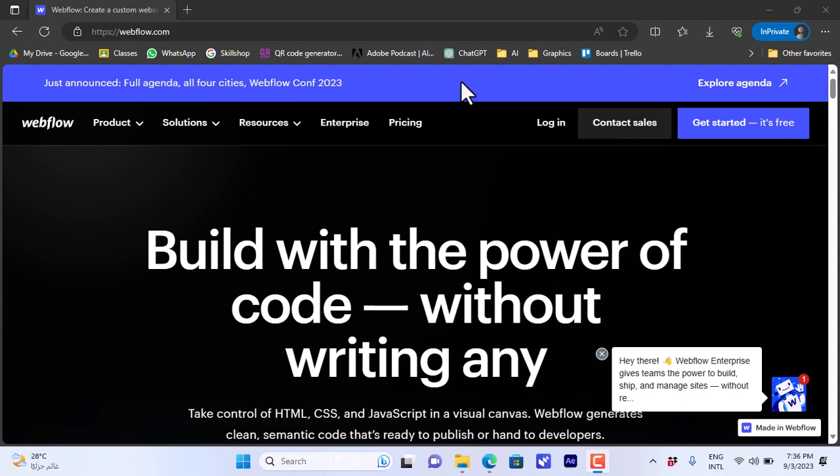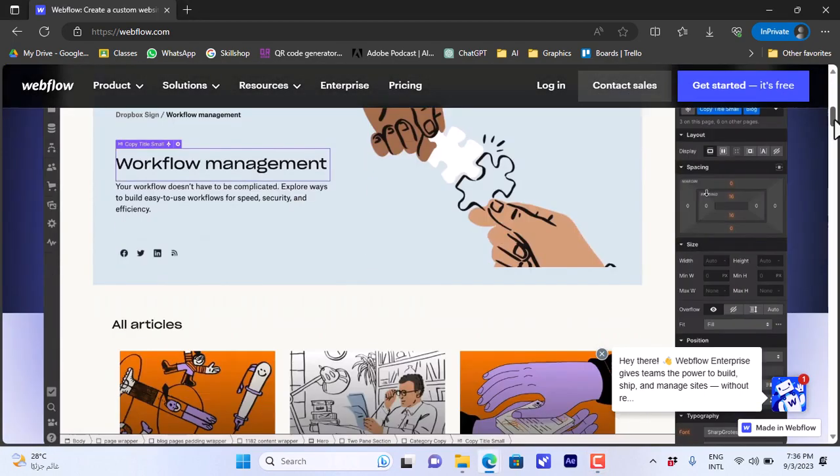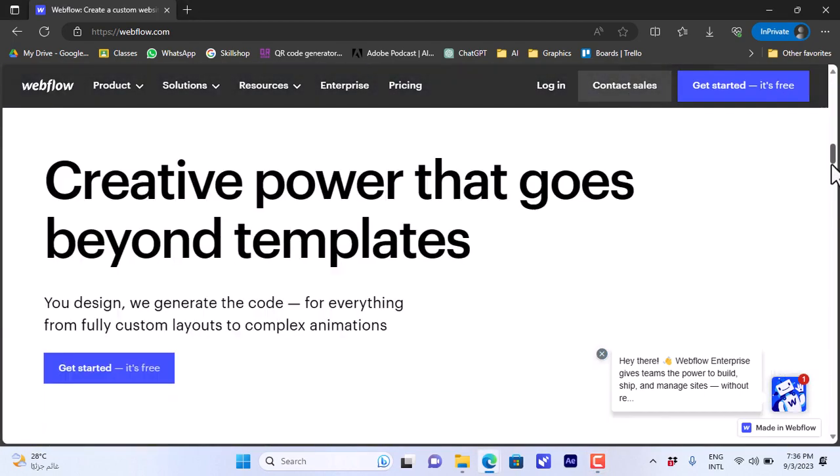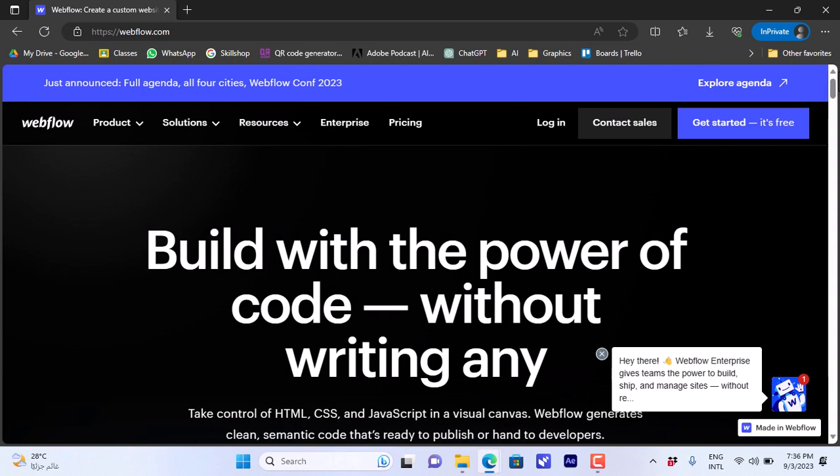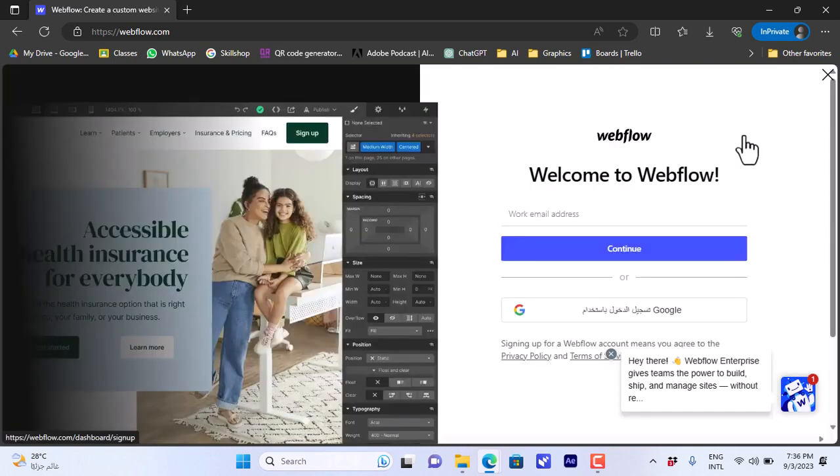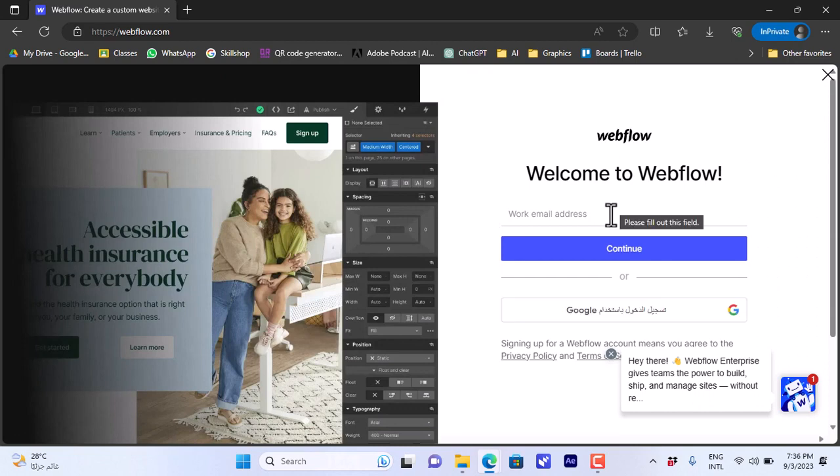So you'll need to open the Webflow website, that's webflow.com, and here you are greeted with a page with some features. You can log in if you have an account, or you can click on get started and create a new account for it. I've already created an account on the platform. All you have to do is click on get started, and then you can sign up with email or Google,